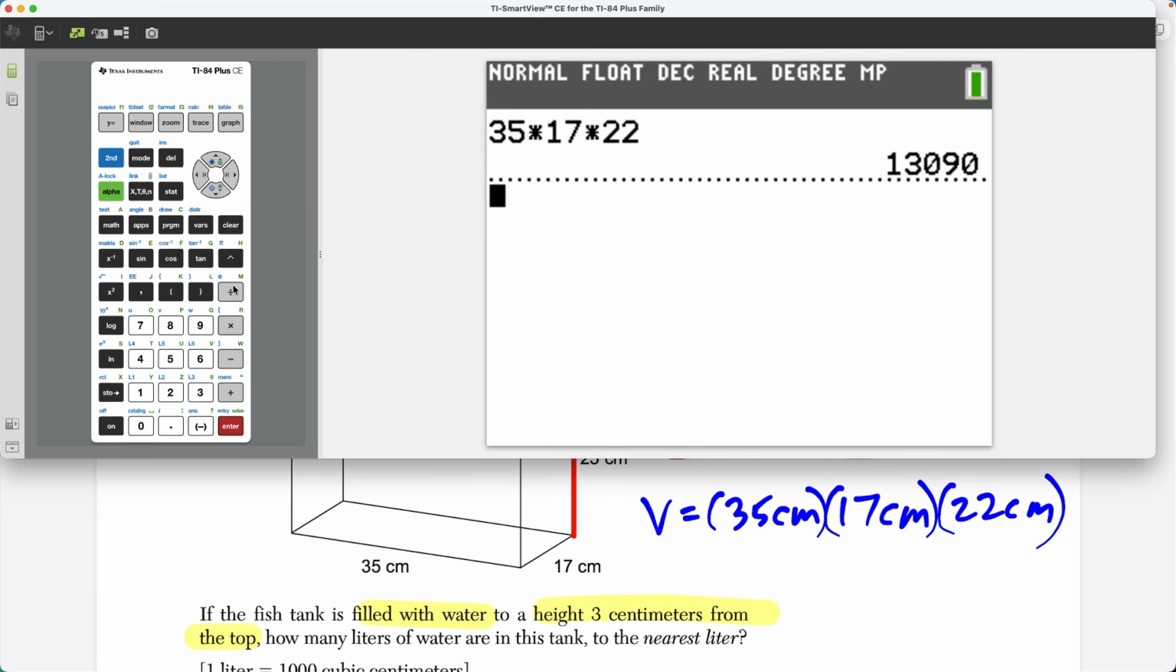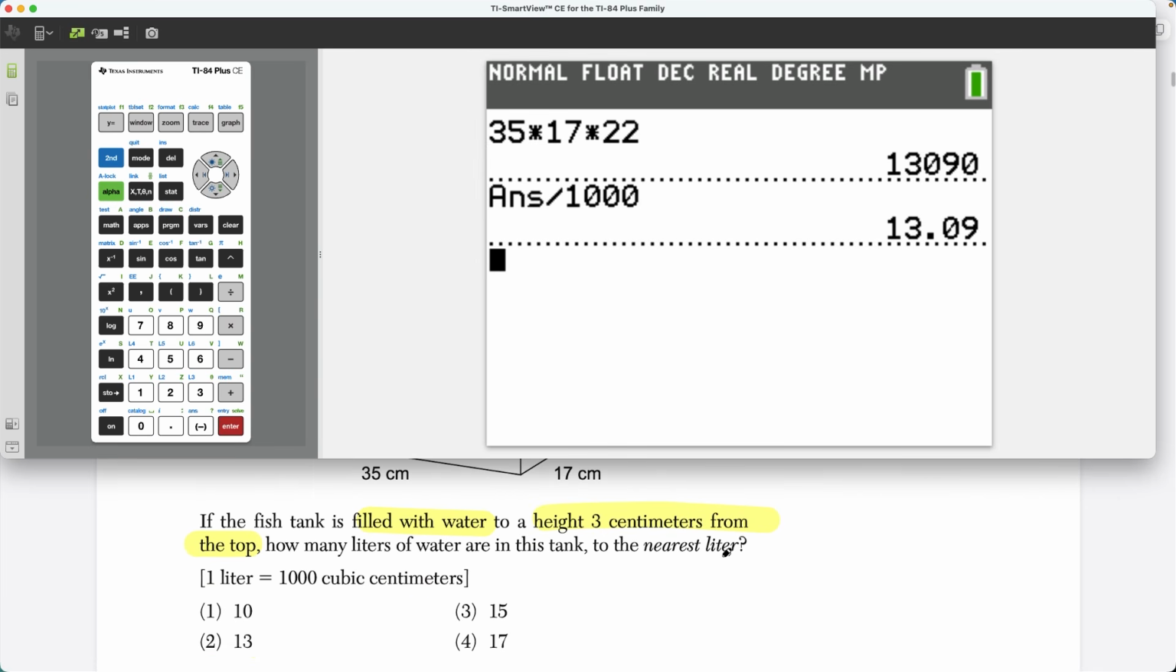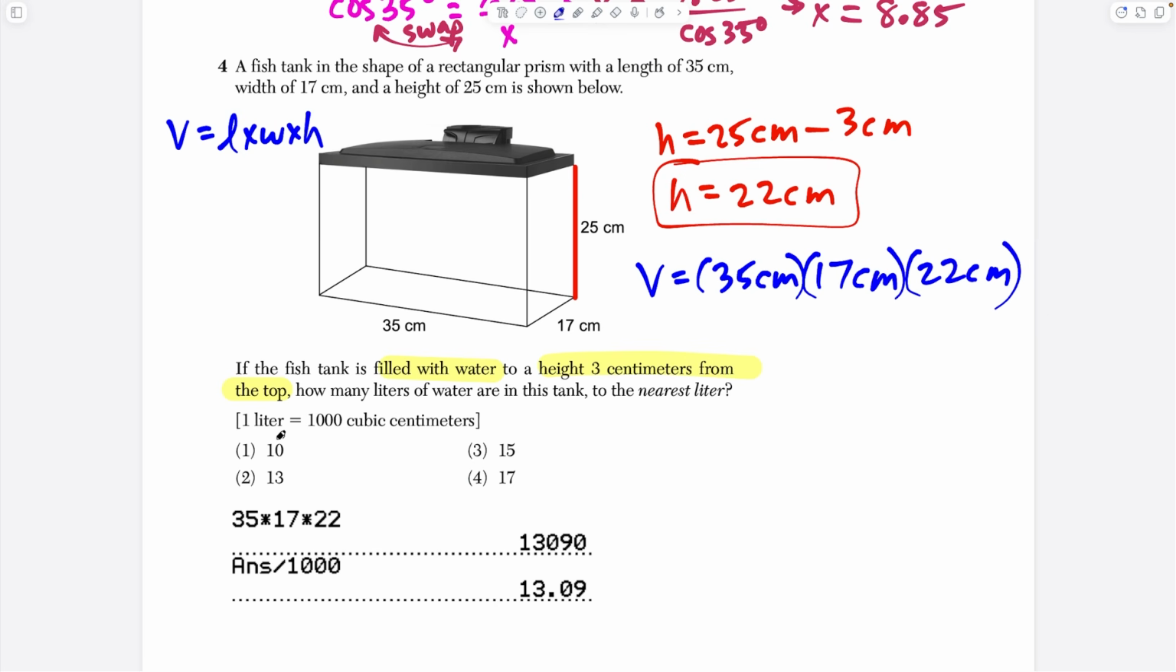So we would divide by 1,000 to convert units here. So we divide by 1,000, and this would tell us 13 liters. We're rounding to the nearest liter, so choice 2. Now, choice 2 is our answer, but I want to show a little bit more work so we could see